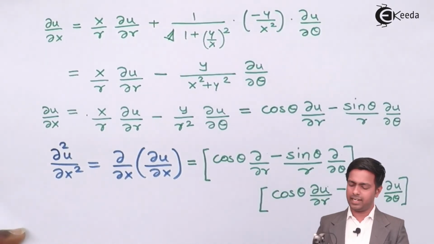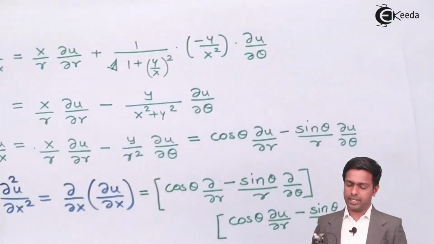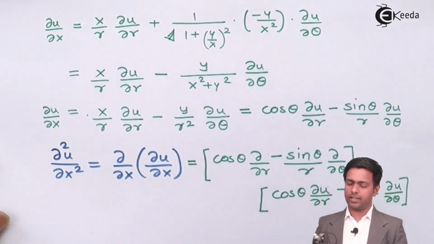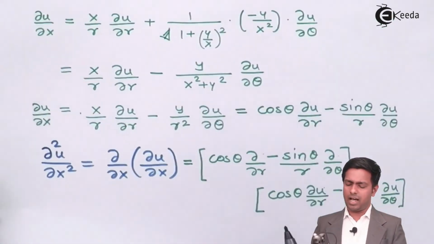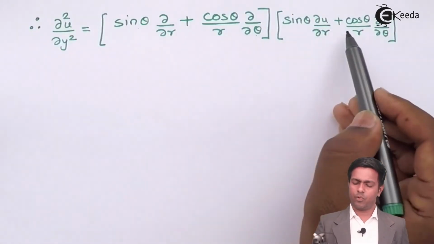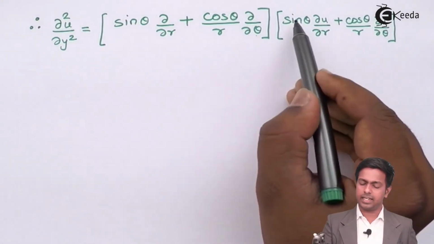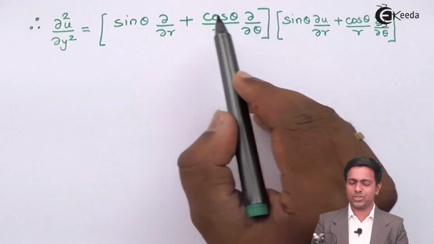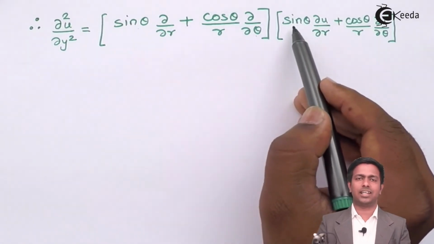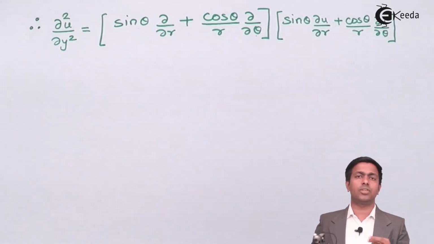This is one change. Second, the second term is del by del theta, del u by del theta, that we have here. Next, here we have negative sin theta by r, and here we have positive cos theta by r. So the r in the denominator is same. So what is changing? Instead of minus sin theta, we have cos theta. So it means this sin theta is changing to cos theta, or I would say that cos theta has changed to sin theta, and that negative sin theta has changed to cos theta. So I will use the same things to directly write down the second result.